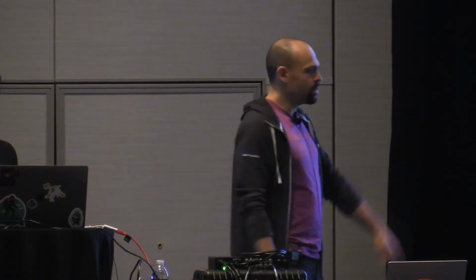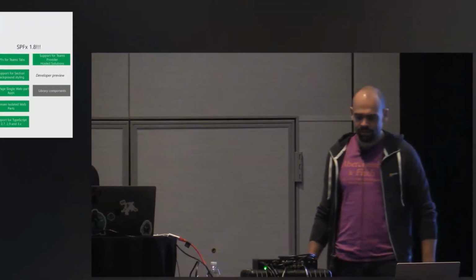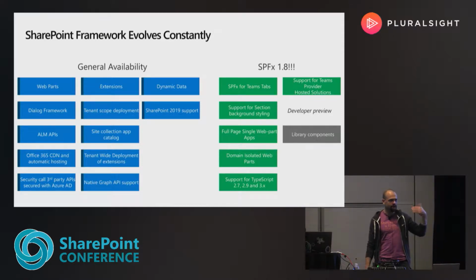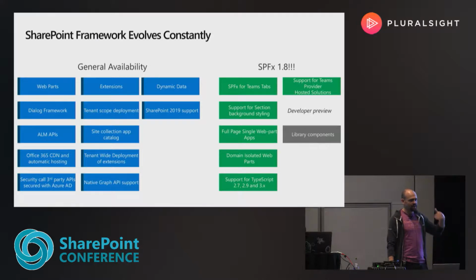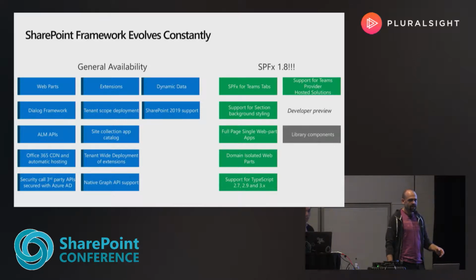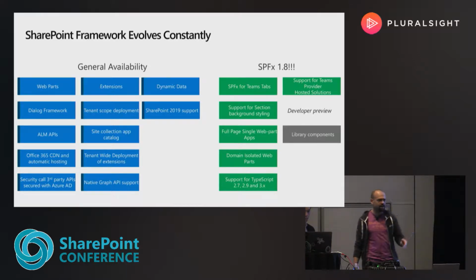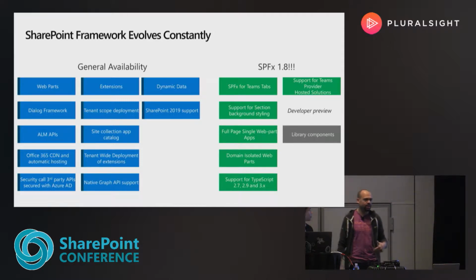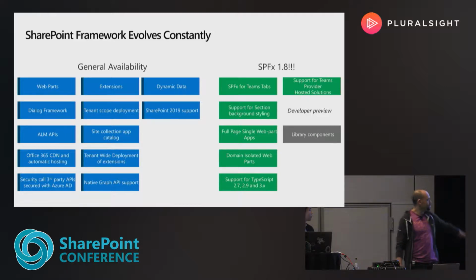So SharePoint framework evolves constantly. When we started back in 2017, it was just web parts, and it was just SharePoint Online. Then we moved forward, and we targeted SharePoint on-prem with 2016 Feature Pack 2. We added extensions. We added the ability to access Graph API. We then added component libraries, and then we added app pages, and we added the ability to connect to Teams. Dynamic data. I mean, you can see here that we keep growing and providing new functionalities and capabilities that you guys send to us. In the last version, which is SPFx 1.8, we came out with a bunch of cool